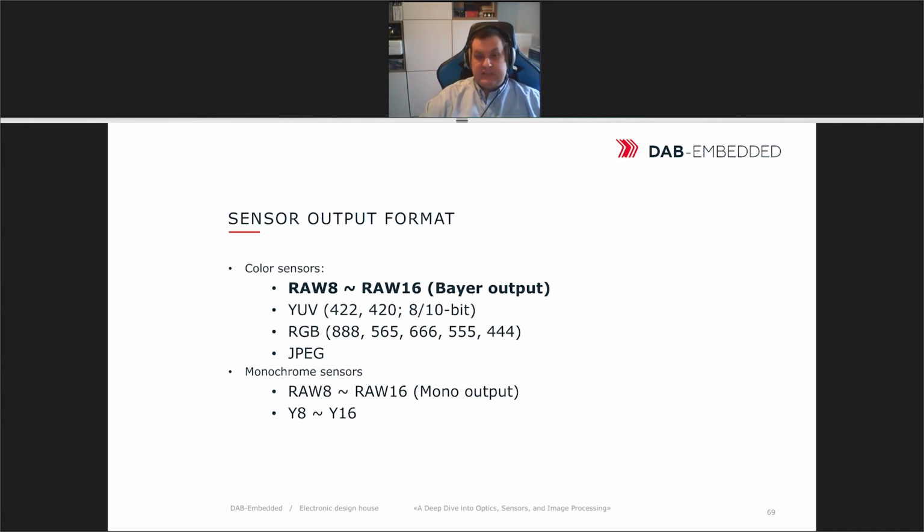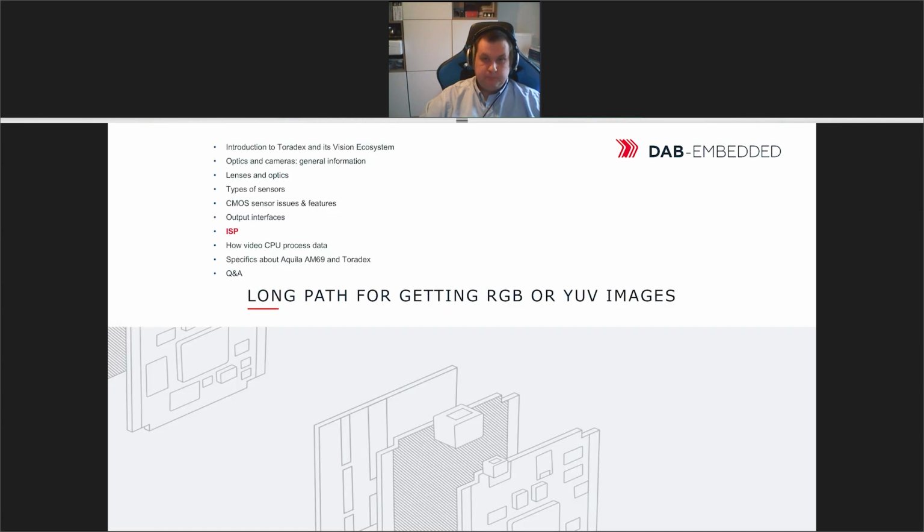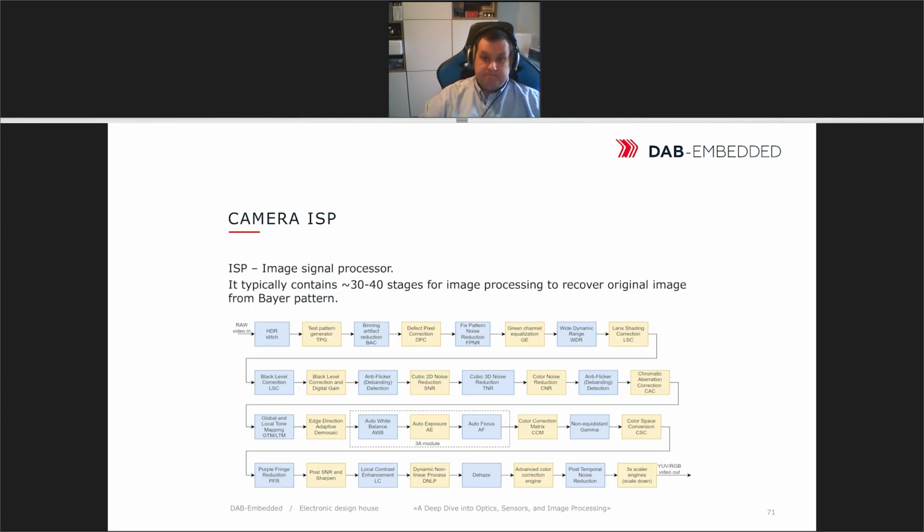If the sensor has an ISP on the board, it can do YUV output, RGB or JPEG. For monochrome sensors, the output can be raw or just Luma. Without talking about ISP and processing, the camera ISP and the video processor side